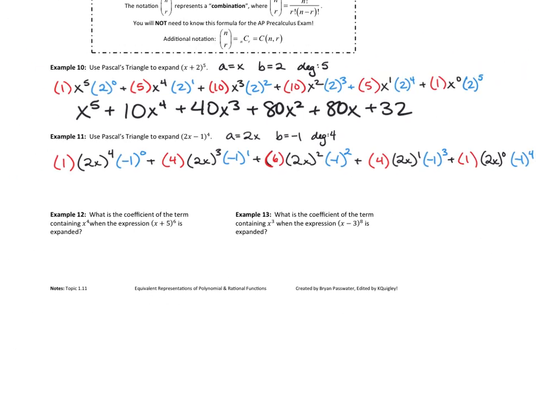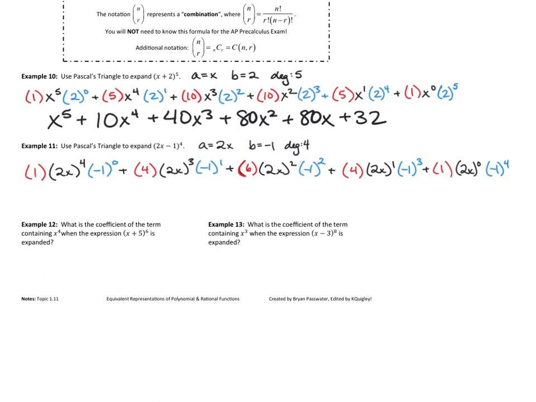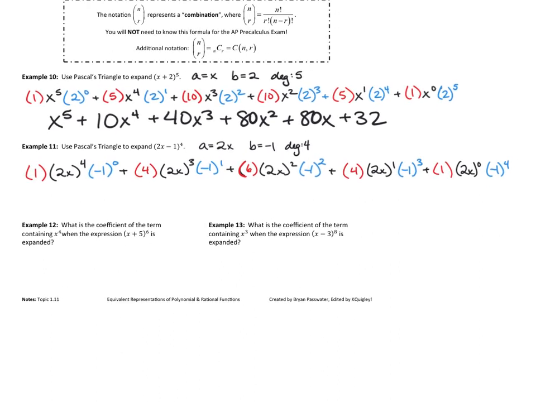I'm going to try to zoom out, and I know it makes it kind of small, so that you can see all of it at once. When we do this, we have to hang on to a good number of numbers, because this is 1 times 16 times negative 1 to the 0, which is 1. So that is 16x to the fourth, plus 4 times 8 times negative 1, which is negative,